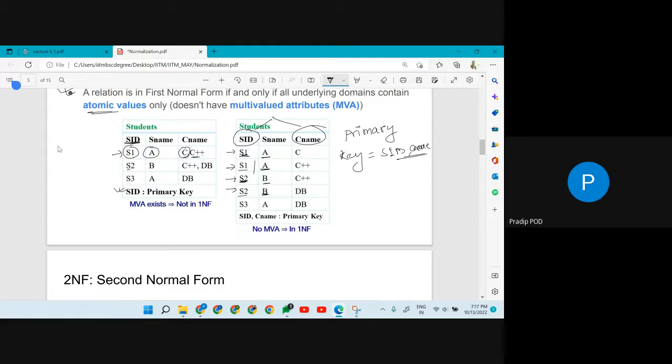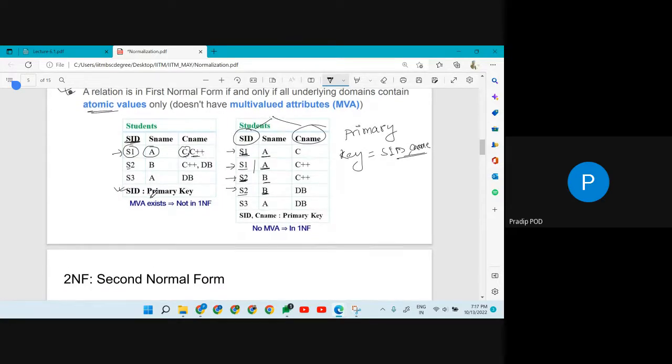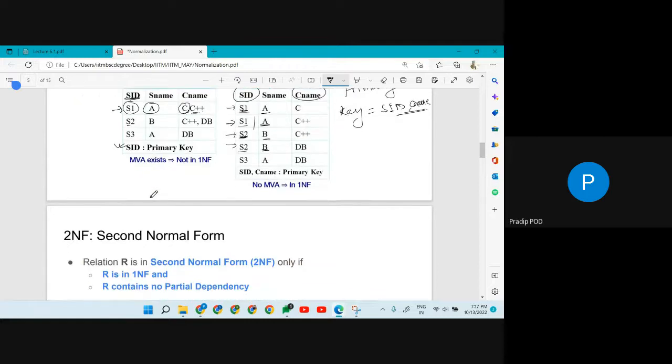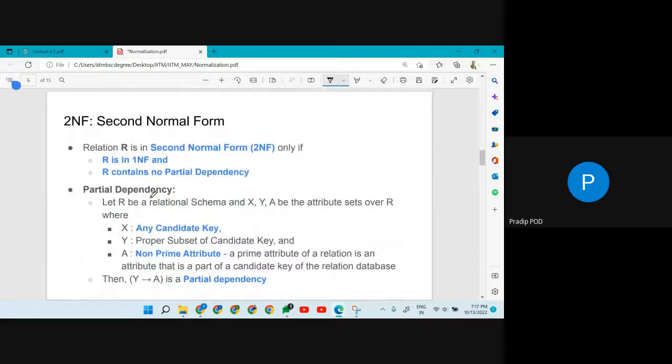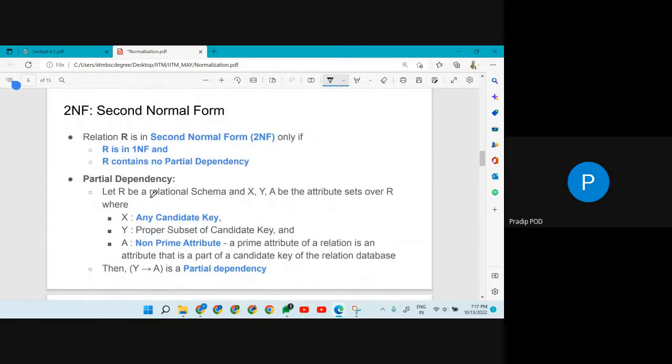Okay. Up to this, it is clear what the first normal form is. Then we can move to the second normal form. In the second normal form, there are two conditions that should be satisfied. Then we can call the table as being in the second normal form. The first condition is R should be in the first normal form, and R should not contain partial dependency. So what is partial dependency? Right. So let's see the